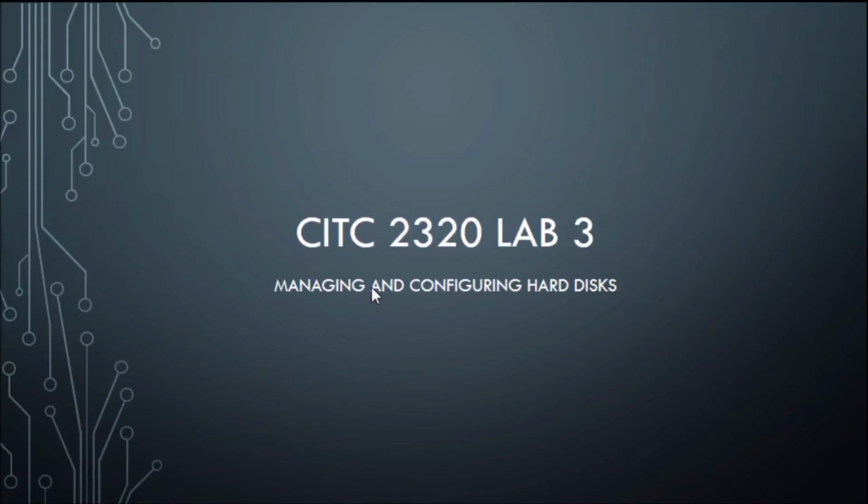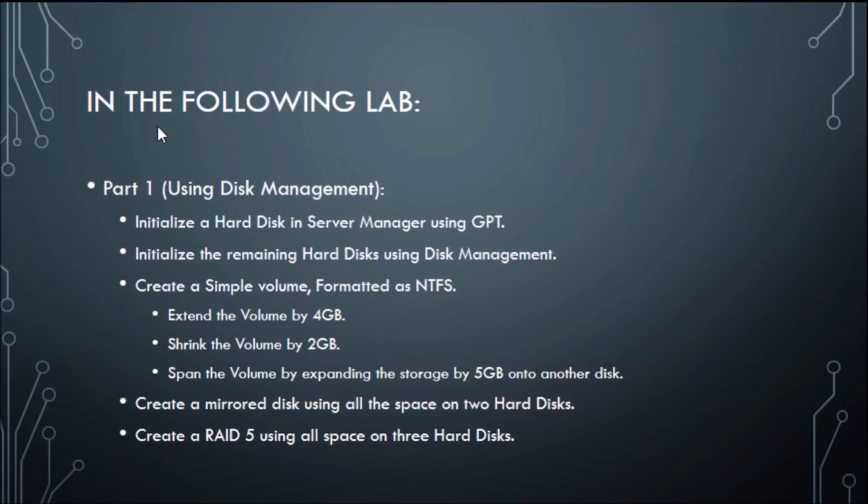Alright, today we're going to do the CITC 2320 Lab 3, which is managing and configuring hard drives. In part 1, we're going to be using Disk Management to initialize a hard disk in Server Manager using GPT, initializing the remaining hard disks using Disk Management, create a sample volume formatted as NTFS, extend that volume by 4 gigabytes, shrink that volume by 2 gigabytes, and expand the volume by expanding the storage by 5 gigabytes onto another disk. We're also going to create a mirrored disk using all the disks on 2 hard drives, create a RAID 5 using all space on 3 hard drives,